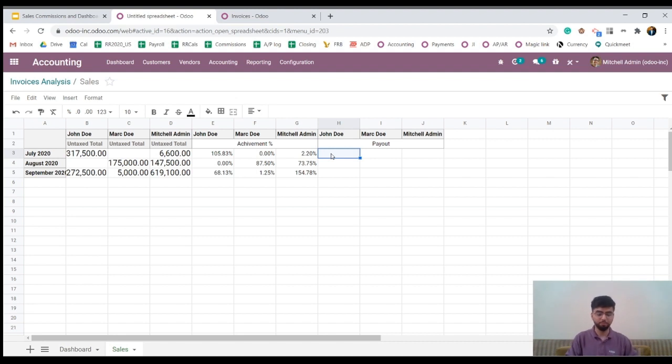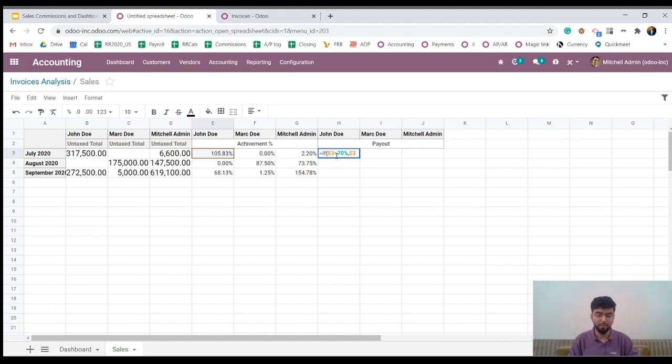the payout. So normally for payouts, companies have different tiers. Like if the percentage achievement is below 50, then they get less commission. If it is above 50, they have high multiplier and things like that. For this example, we will consider only two variations, which will be if they are above 70 and below 70. So we will have to set up a formula, like if this cell is over 70%, then do the